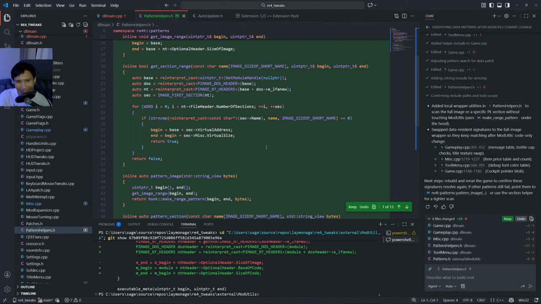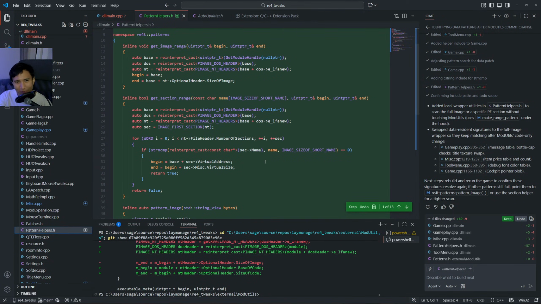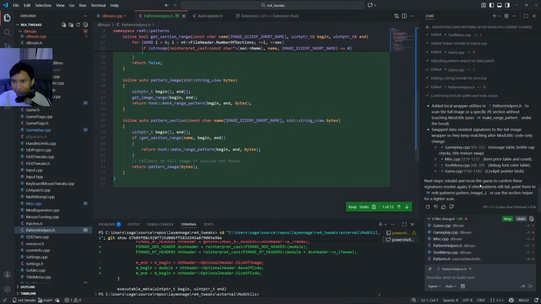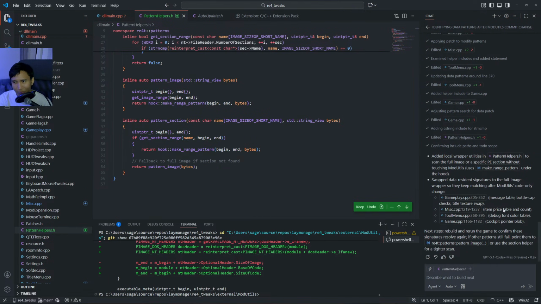I have no idea what I'm looking at here. I mean, I have some idea, but this is hardcore stuff. Okay, so let's keep these changes, but just to show you that the game will actually crash if we didn't have those changes. Like if I just use the latest version of mod utils,